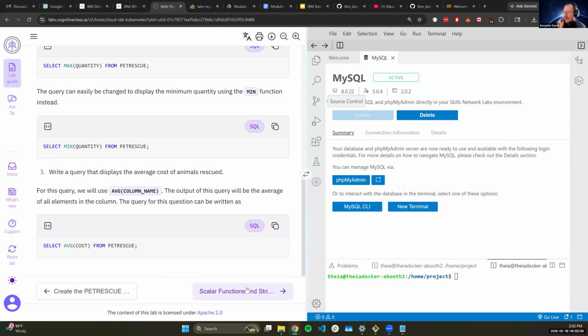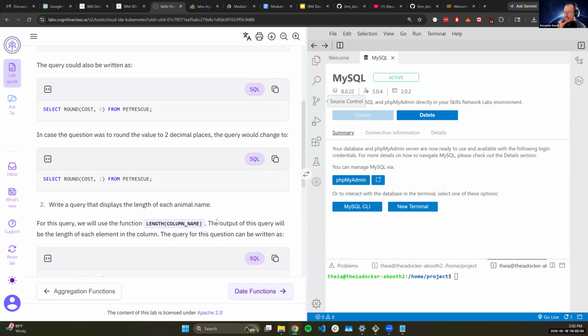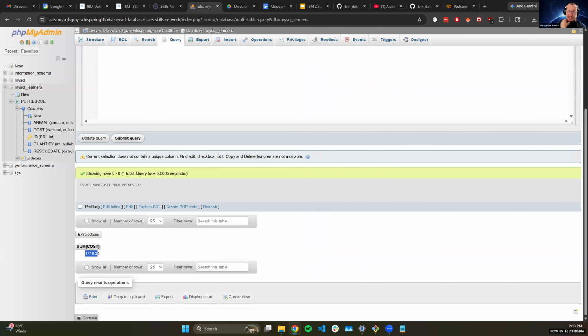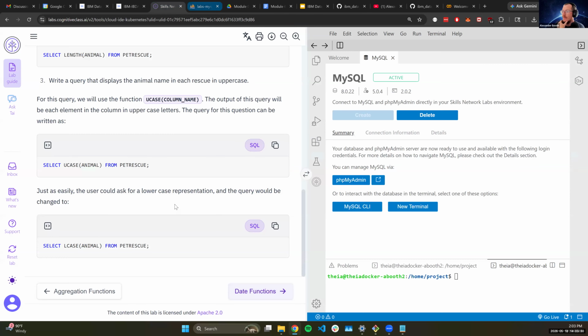So that's all we're doing here. Again, the big idea is that when we are using the MySQL interface and the phpMyAdmin interface in a new tab, this is a really standard database management system interface. If you have familiarity with SQL Server Management Studio, SSMS, this looks a lot like SSMS in my opinion. And regardless if you go into Oracle, Postgres, whatever, they're all going to have database management interfaces that look a lot like this. So definitely get some familiarity there. Cool.